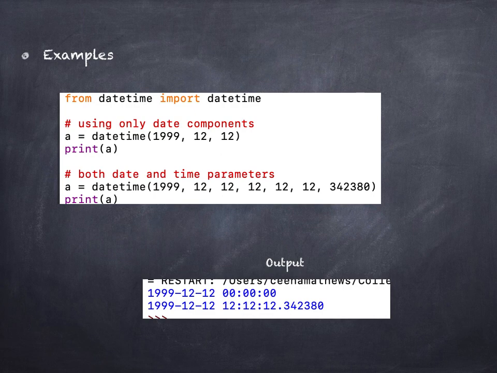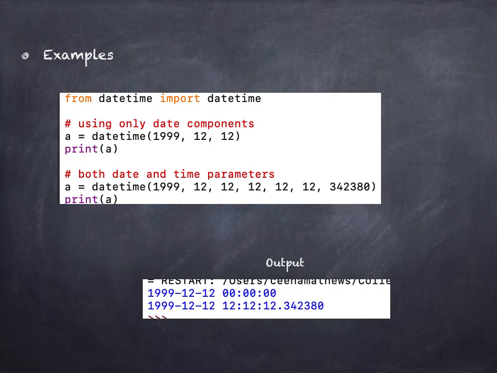These are the examples of it. Here the datetime class is imported, and then using only date components, since this datetime constructor has 3 mandatory arguments, year, month and day, that is given in the first case, that is a equal to datetime of 1999, 12 and 12.